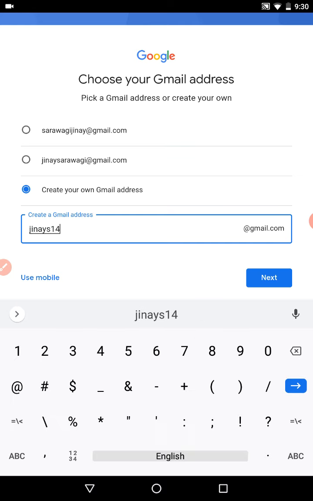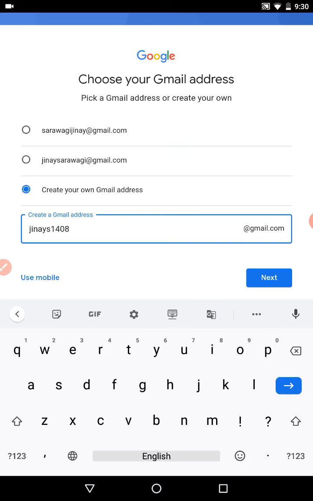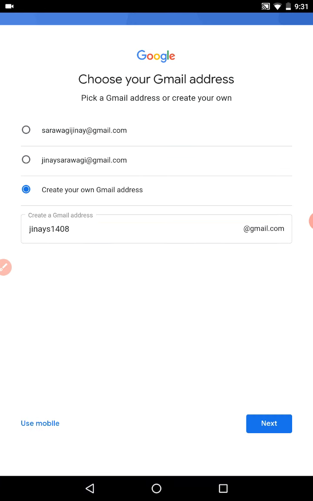Always remember that when you create a strong Gmail address, it should always have letters as well as numbers. So I'll just write any address here, like this, and you just have to write this, @gmail.com will automatically come, and you have to click on the next button.